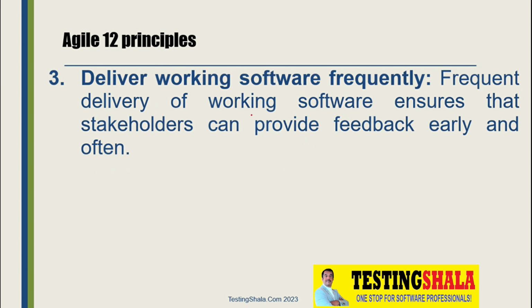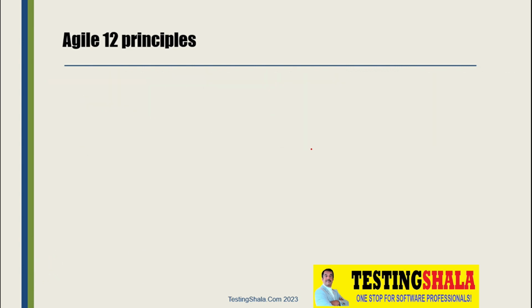And the third principle is delivering working software frequently. As and when the customer gives feedback, we have to keep providing updates to the customer in terms of software, not as a document. We have to keep providing updated, working software more frequently, which means they can play around with that software and give more and more feedback, so that we can fine-tune it. That is the third principle.